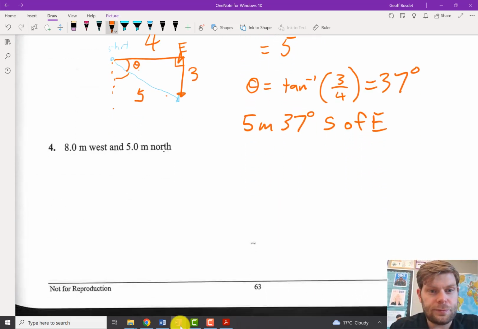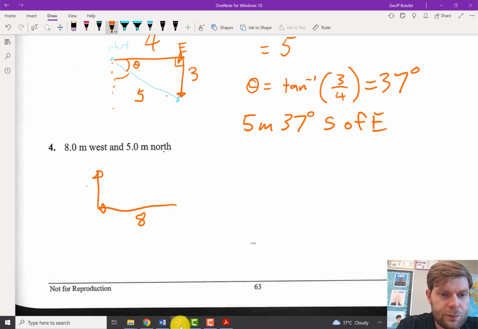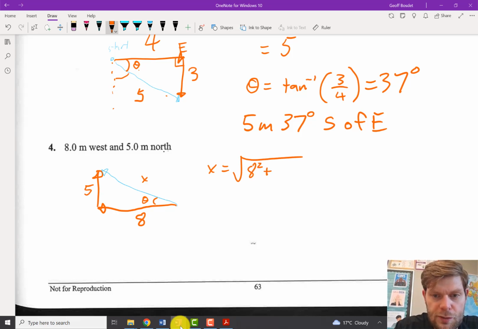So let's look at the next question. Pretty much exactly the same idea. So we go 8 meters east and then 5 meters north. And then we just want to find that using Pythagoras. Maybe we'll use the other color to show that it is the resultant going from where we started to our final point. So this is our total displacement if we walk 8 meters east and then 5 meters north. To find this number, we can use Pythagoras again. So we'll call it x or whatever. X is equal to the square root of 8 squared plus 5 squared,